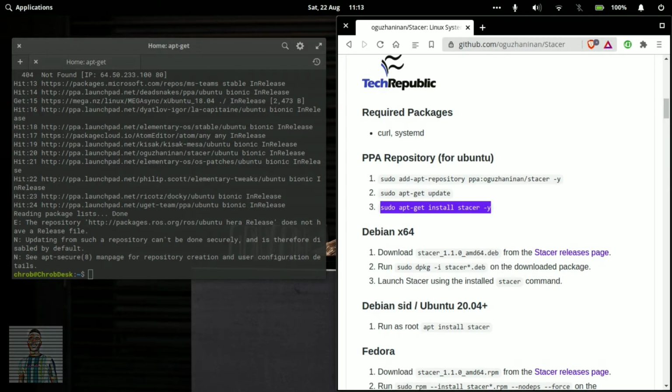So you can just copy and paste. As you can see what I'm doing here, I'm just copying and pasting. That's pretty much it. That's the fun thing about Linux. You just have to copy things to the terminal, and there you have your system and your applications. Now lastly, you just have to get this application by typing sudo apt-get install stacer, and